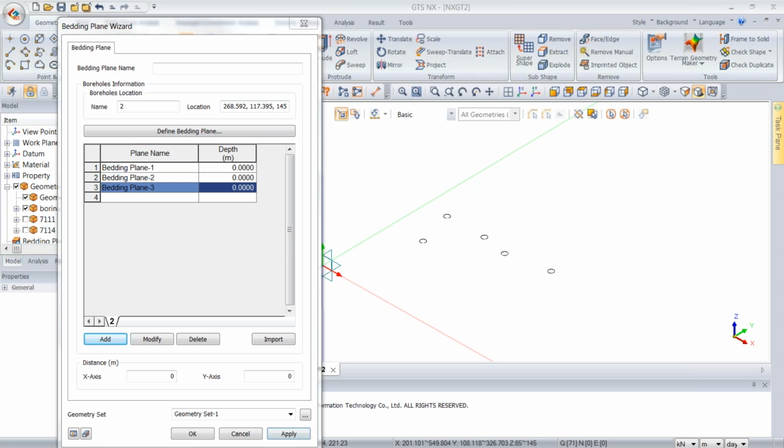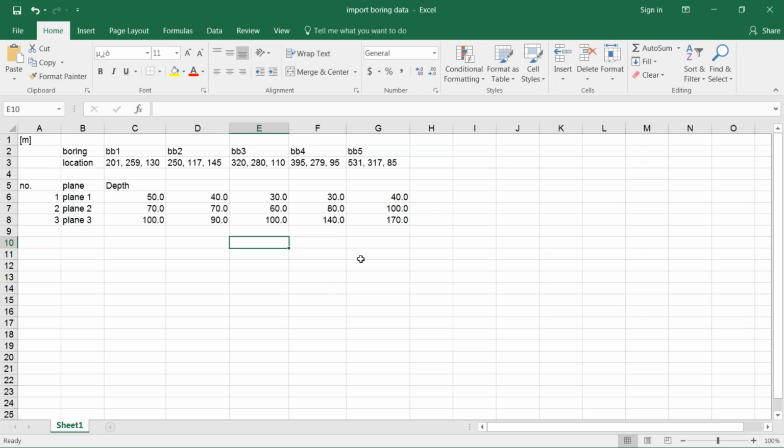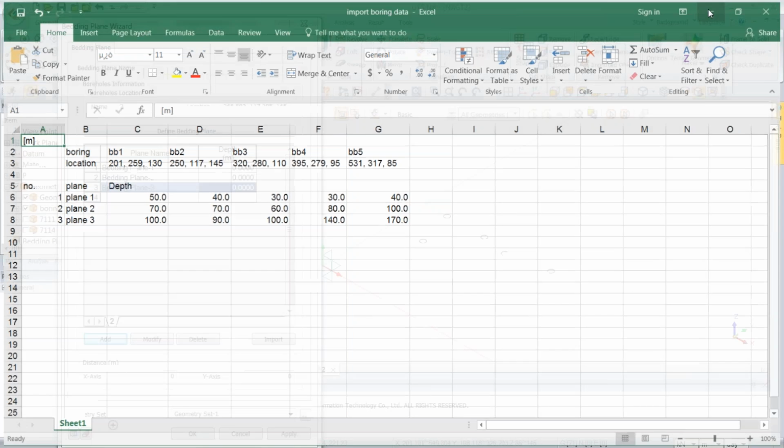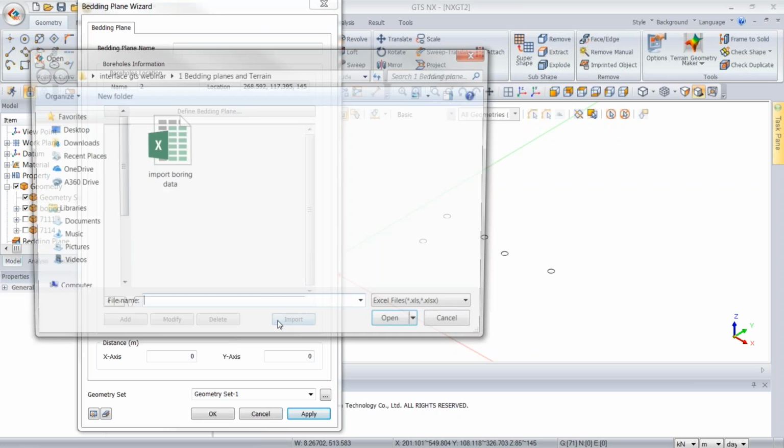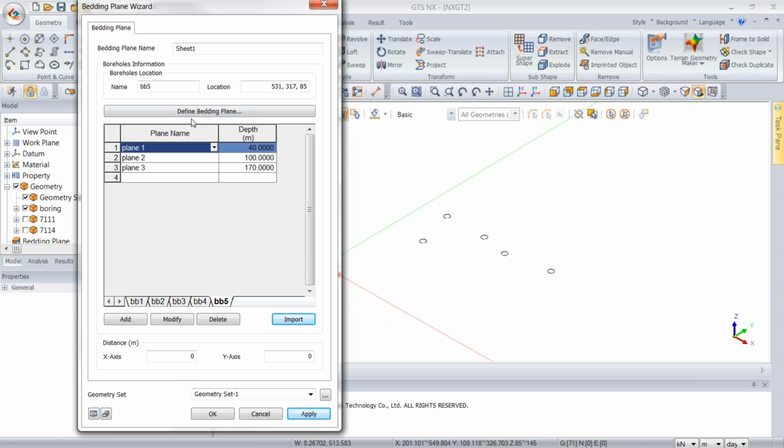and you would continue going one by one, adding this data. The program also allows you to import directly a table from Excel, so you would basically be doing the same information. You would give it the location of each specific boring hole, and then you would give it the depth of the planes that you found for each one. The units are, of course, important to keep track of. So here we're in meters, and the program allows you to just directly import that table. It saves you a little bit of the headache of doing this manually,